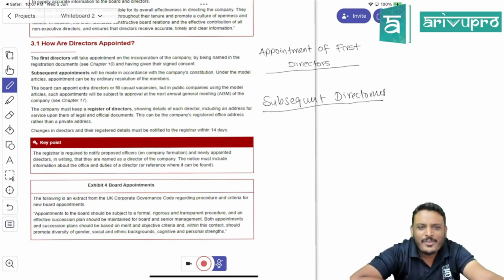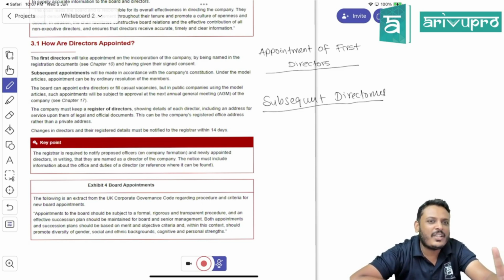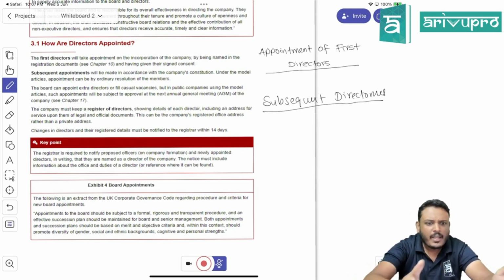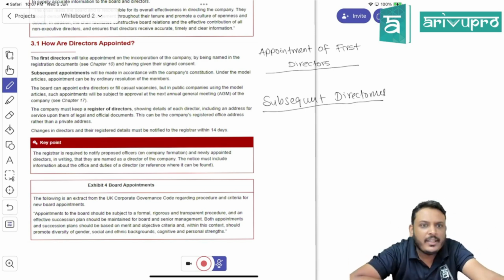Did I teach you articles of association? I told you when I was teaching articles of association, a specimen article is followed. A model article is given and we prepare like that. In the model article, the common procedure is to pass an ordinary resolution and make a minute in the board meeting. The director should accept, the resolution should be passed, then you can appoint a director. Is it clear? That is a common way of appointing a director, a subsequent director.